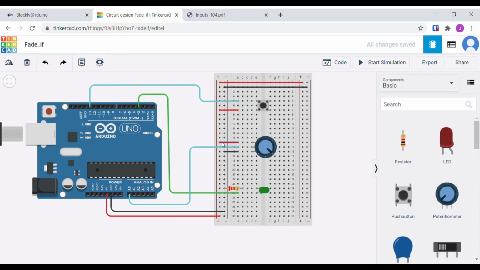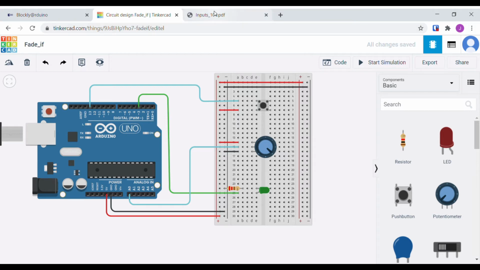Okay, so from watching that, you can see a couple of different things. One, it's going to be very difficult to get this to be a smooth transition from on to off. Two, there's no way for us to dynamically control it when we're not in the code. And three,